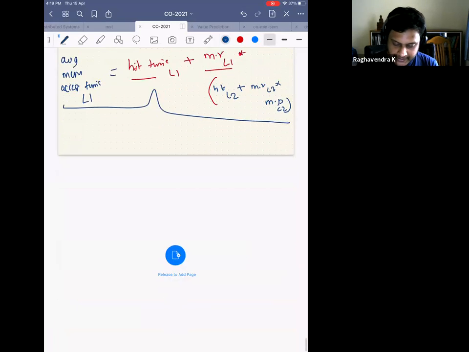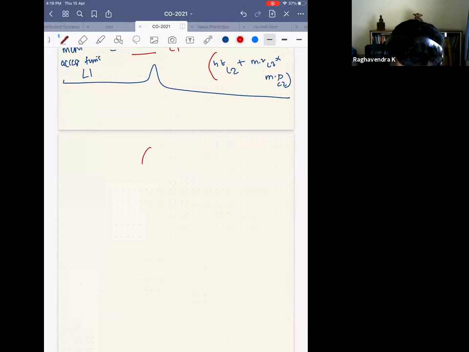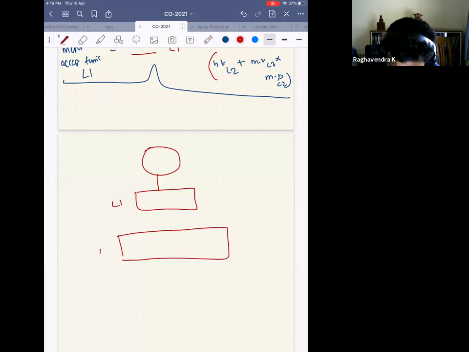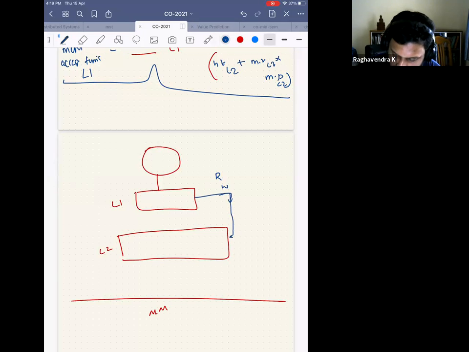So let's say I have a CPU, then I have a cache here. Let's say this is the L1 cache, and this is the L2 cache. This is the main memory. This L1 has generated a write, and then it has generated a read. Now let's say this write has gone to L2, and then it generates a read. Now I can tell the L2 to service the read first and then the write. So give priority to reads, then follow it with a write.